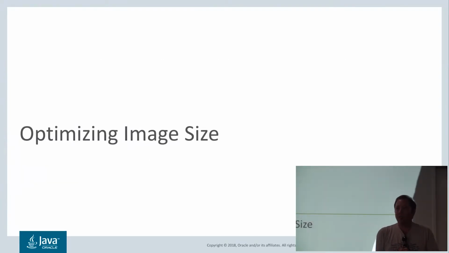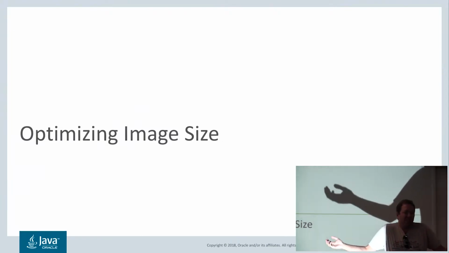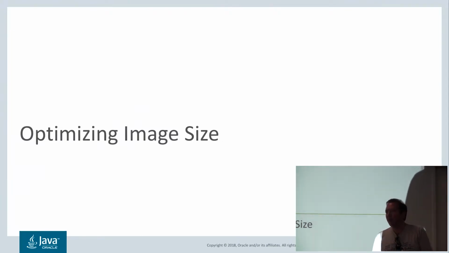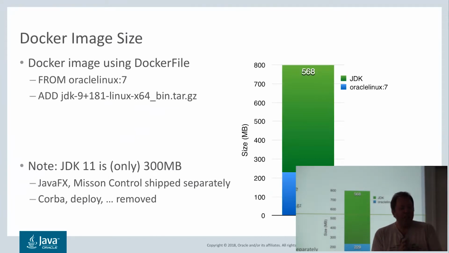So let's talk a bit about optimizing size. And the first thing I'll say here is, it may not actually matter to you. If you have an application that you rarely or never update, and you run it in a single place on the network, like you deploy it once on one machine and never touch it again, then size maybe isn't an issue. But if you have functions, lambdas, that you update frequently and propagate out to thousands of machines, then image size may well be something you need to keep in mind. So let's see what we can do to optimize things.